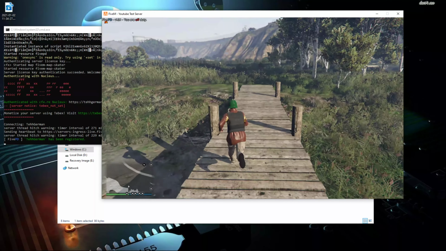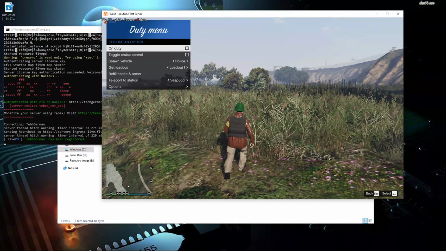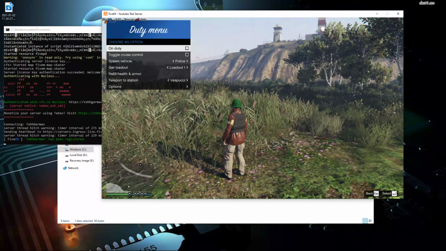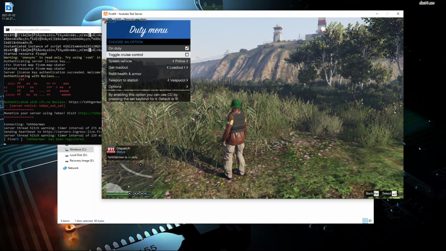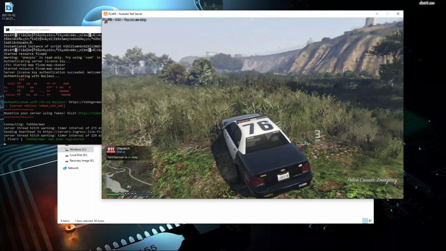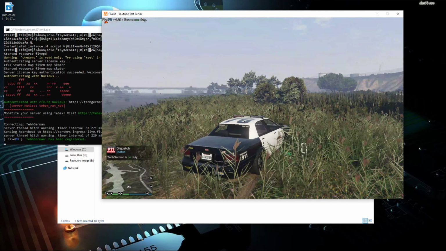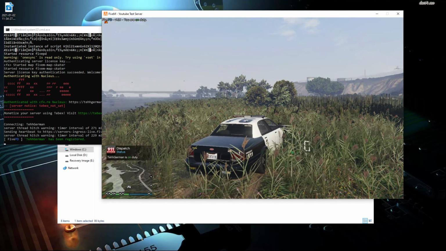But one thing you do is now, basics of FivePD is when you hit F11, it shows up FivePD. Now if you go ahead and go on duty, spawn a police vehicle, you are now inside a police vehicle and you are on duty. But what we want to do is make sure the database connects properly. So if you hit